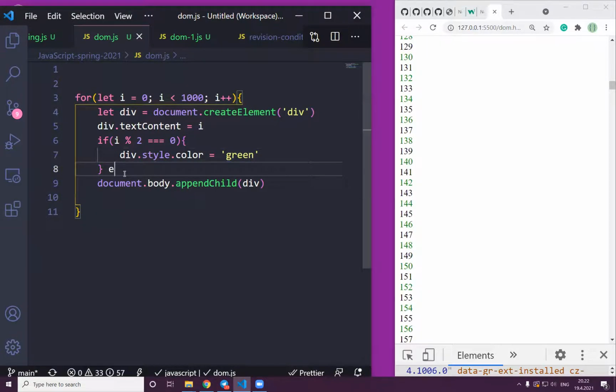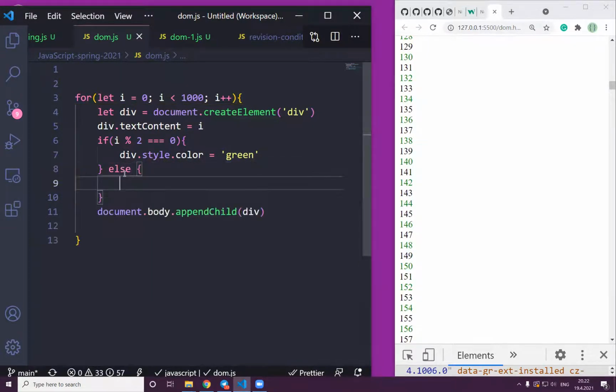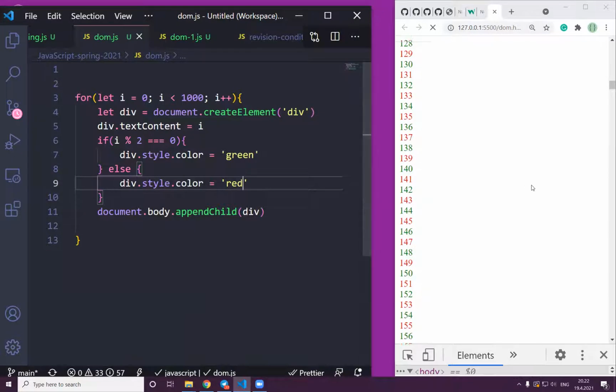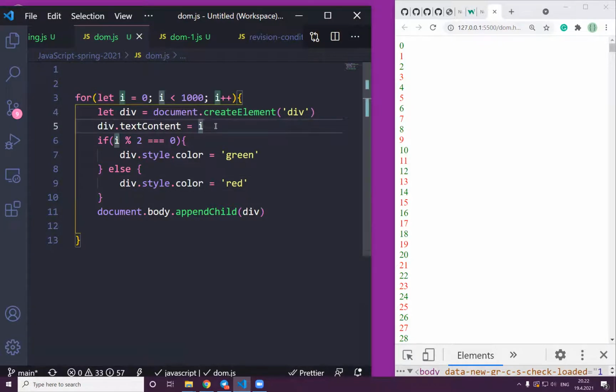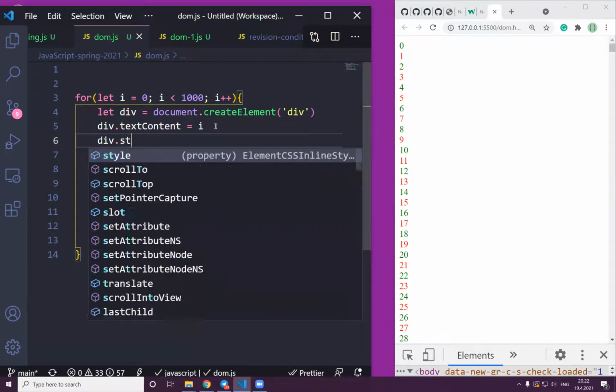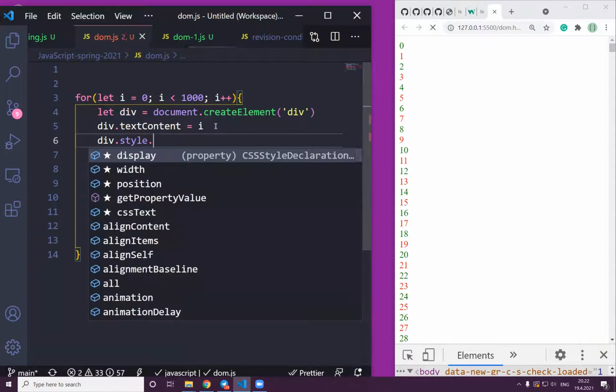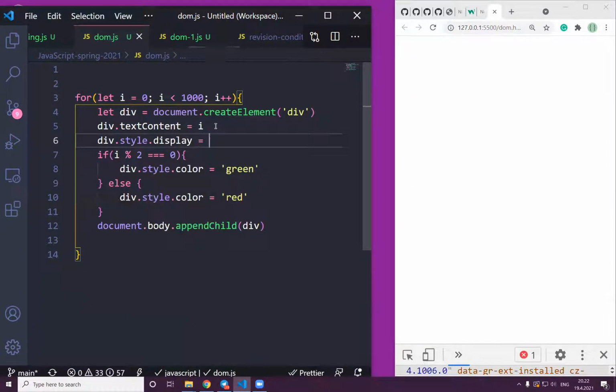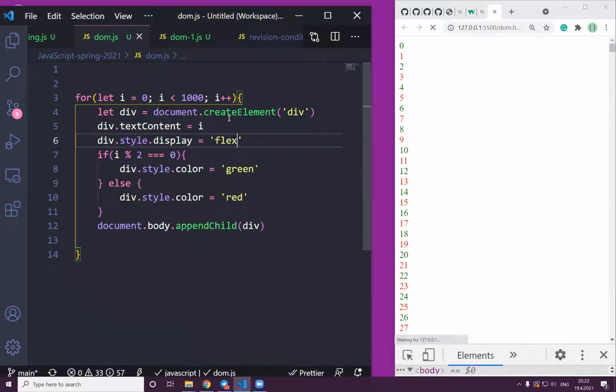And maybe else. So in the other direction, we can just change it to red. It's so easy to see. And then you don't have to display these numbers like this, and you are a ninja of JavaScript. The CSS div.style.display flex. If you have been in the flex,